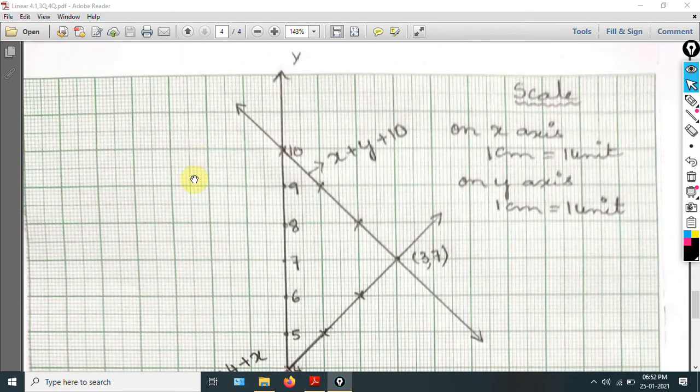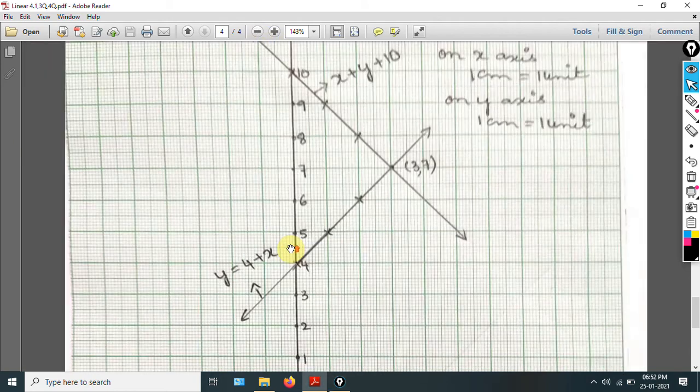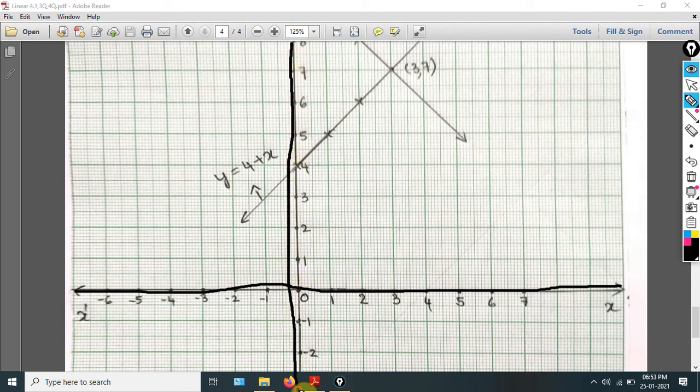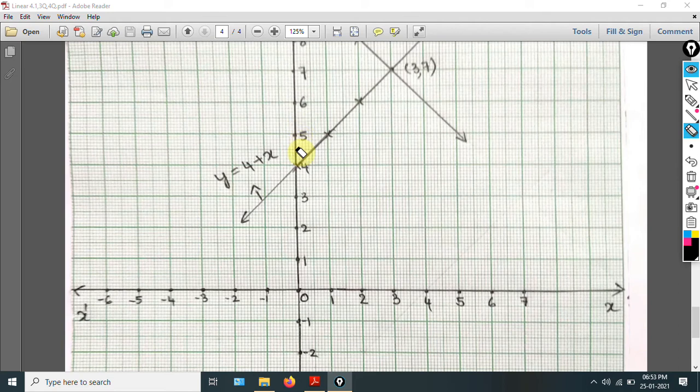This paper, what we call this paper as? We call this paper as graph paper. Okay. So what we have to do? In the middle of the graph paper we have to draw one horizontal line like this. Okay. Straight line we should draw. We call this horizontal line as x-axis, and one vertical line we have to draw. We call this line as y-axis. Straight line you should draw. Like this, we call that as y-axis.